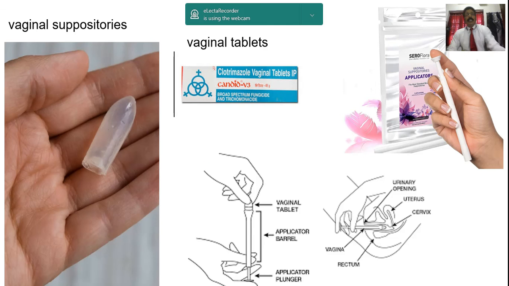And you see here, this is a vaginal suppository. Actually, this suppository is made by a mold. But tablets, you see Candid B tablets, and there will be an applicator. These applicators are used for inserting into the vagina and keeping for various infections. Vaginal tablets are also available. So these all also come under this category of tablets made in the tablet department. So they will also prepare them.